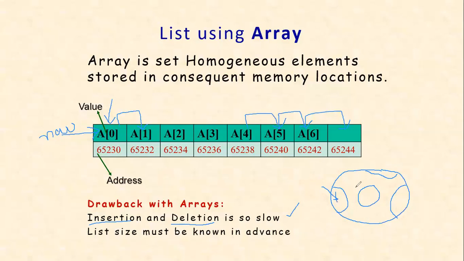If I have a new value, I have to store that in another free space. If I have a new value, I have to keep it here. Like this, I have to keep the new values in the memory wherever I find space. If this is possible, definitely that could be a more flexible process of storing a set of elements. So this is a drawback with arrays, and the list will solve this problem.